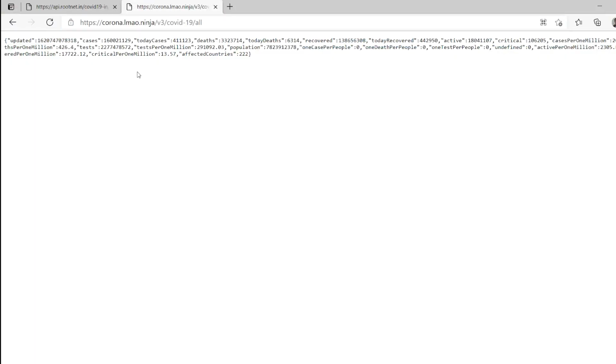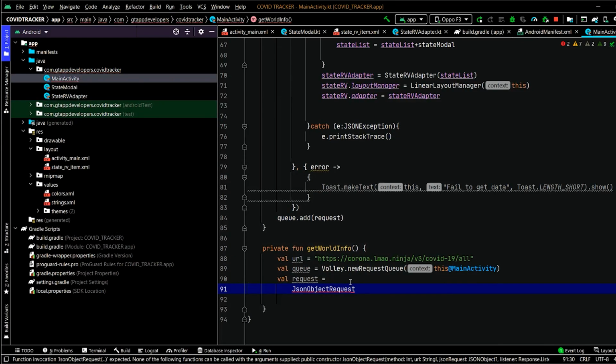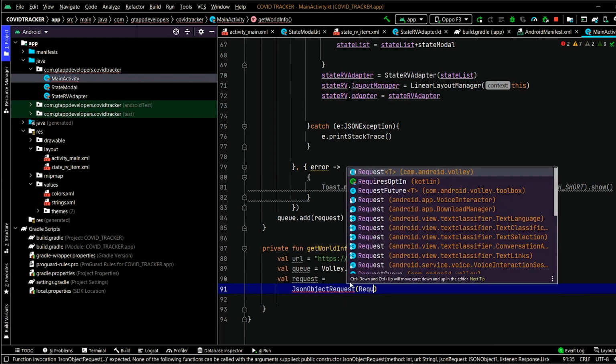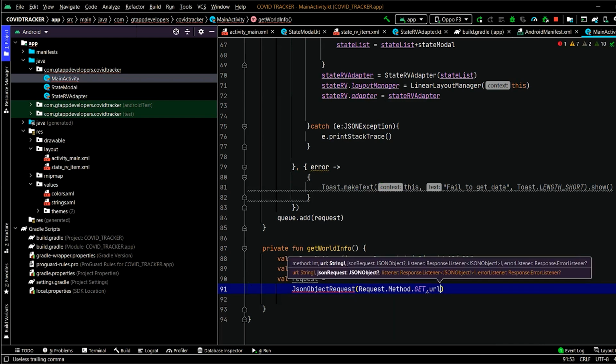Here we get to see a JSON object that is starting from the curly opening brackets. So we will specify JSON object request dot method dot get. Then we will specify our URL.